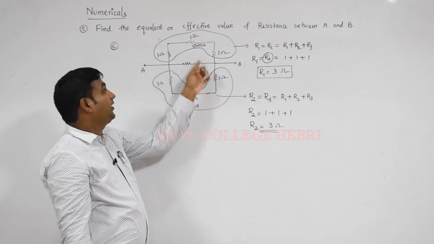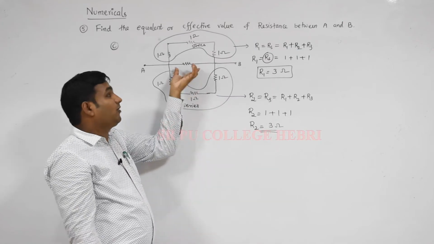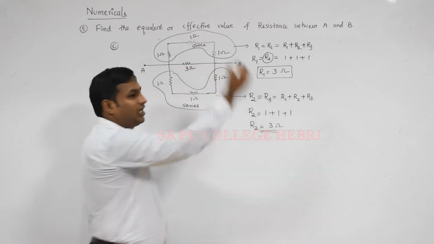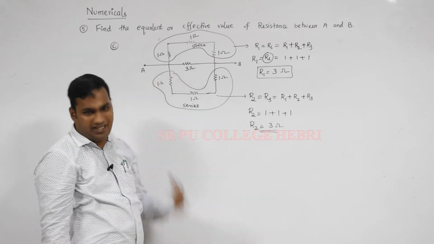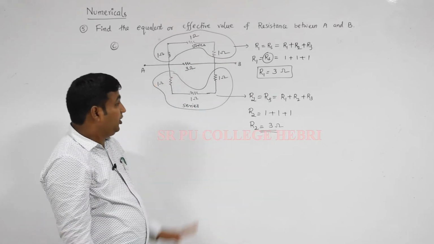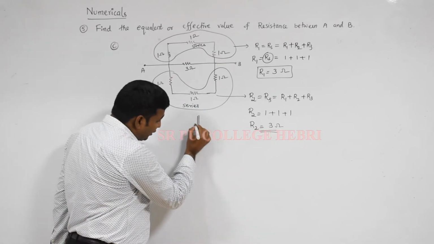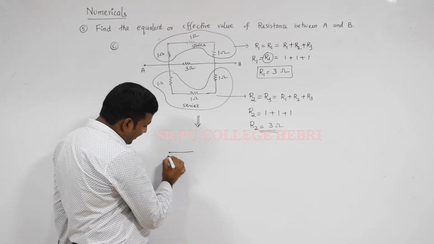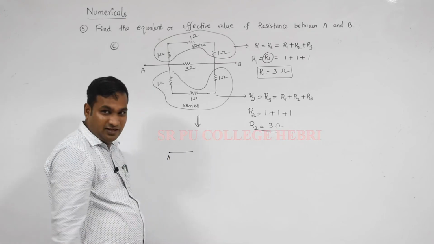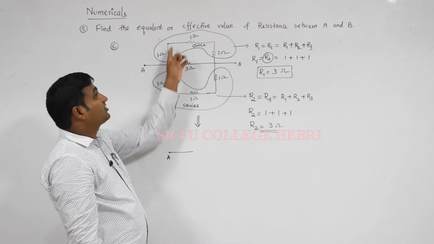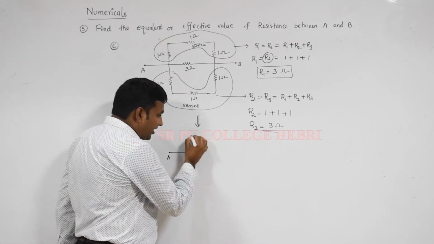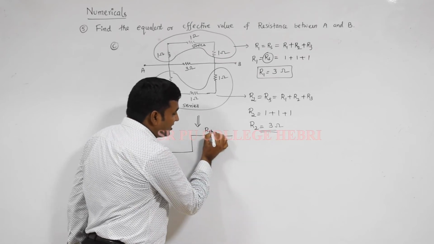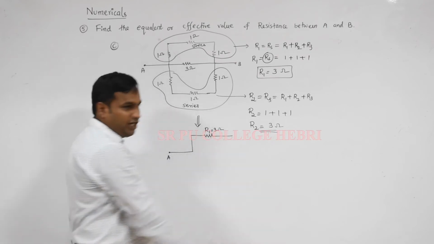Again, in between there is one resistor. I have not mentioned its value. Suppose that value is given as 3 ohm; it may be a different value, you can take anything. Now when I want to redraw this circuit, the simplified circuit becomes: starting from A, A is connected to the upper part. It is connected to three resistors together. I got the answer R1 is equal to 3 ohm.